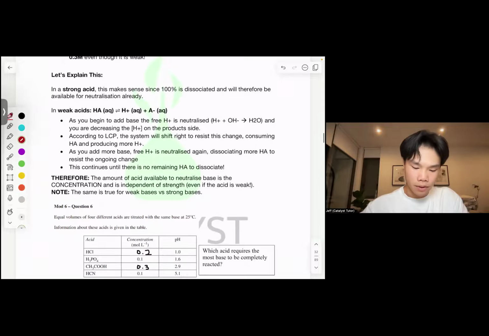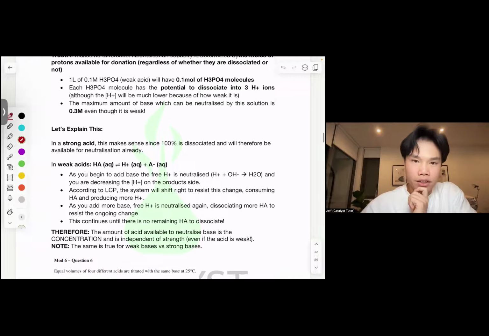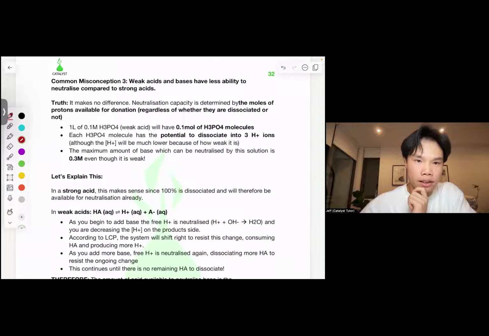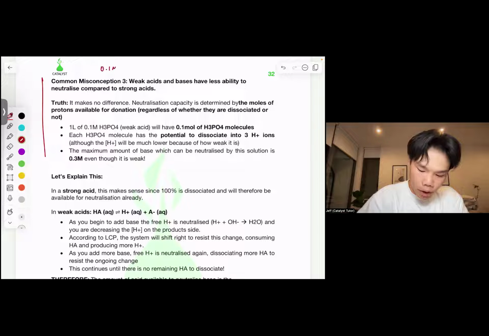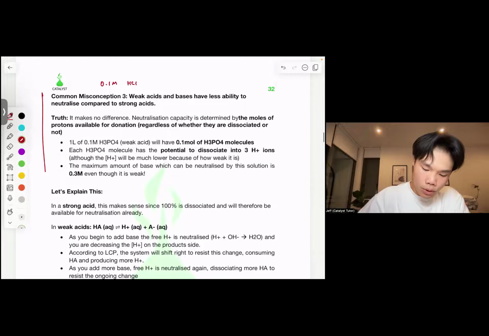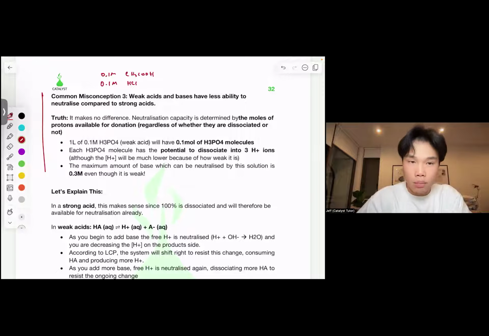Another common misconception, weak acids and bases are able to neutralize less compared to strong acids. This is probably the most common misconception. The truth is, it doesn't matter how strong an acid or base is in relation to how much it can neutralize. If you have 0.1 molar of HCl, that will be able to neutralize exactly the same as 0.1 molar of CH3COOH. It doesn't matter that CH3COOH is weak. These will both be able to neutralize